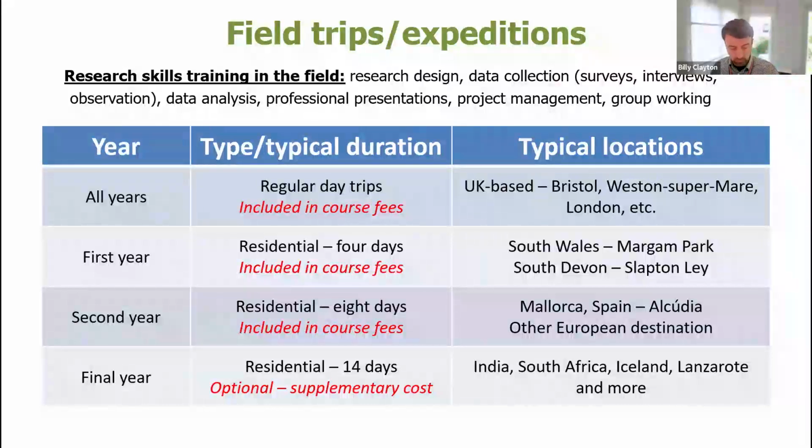And on the Human Geography course, there are field trips at every stage of the program. So throughout the course, you'll do day trips to different relevant places that we go to, normally more locally based in Bristol, the local area, off to London, those kinds of places. And then each year we have a longer residential trip, which students go on. So in the first year, we have a 4-day residential trip where we stay away in South Wales, which is the country to the west of England, not far from us in Bristol.